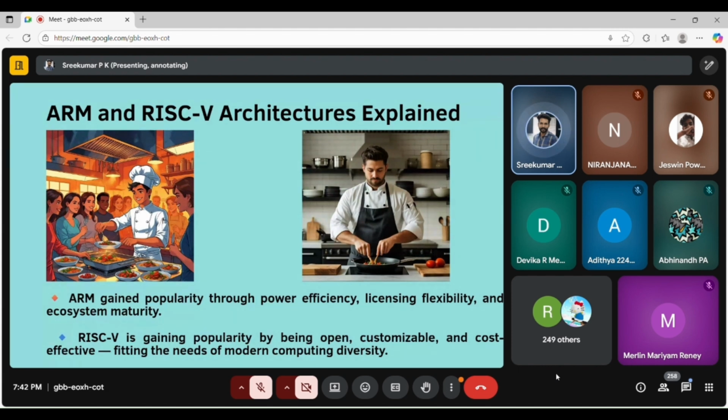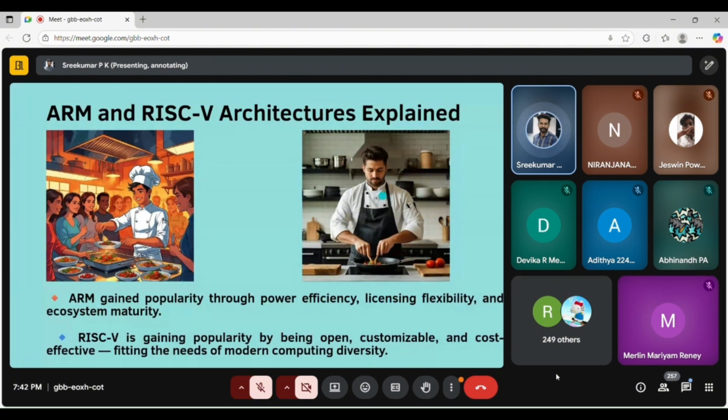I forgot its name, but it is also based on an ARM 64-bit processor. So here you can see in the first picture, the cook is already famous, just like ARM gained popularity through power efficiency, licensing capability, and ecosystem maturity.